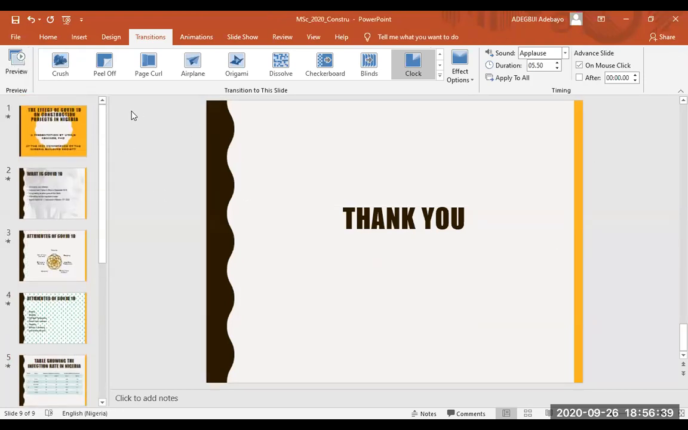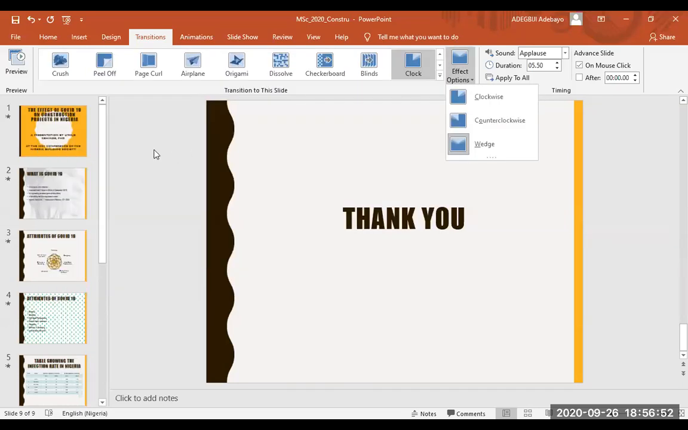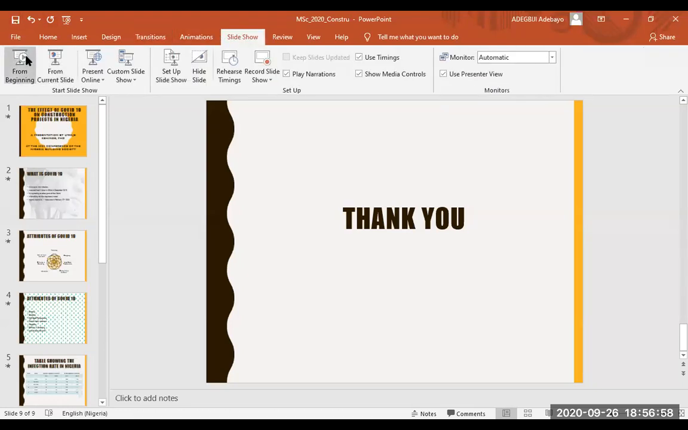So you have seen that the type of transition you use will determine the effect options that will come, because each transition has different display, and so is the option that is attached to it. So we can look at this, my presentation again from the beginning. You can say